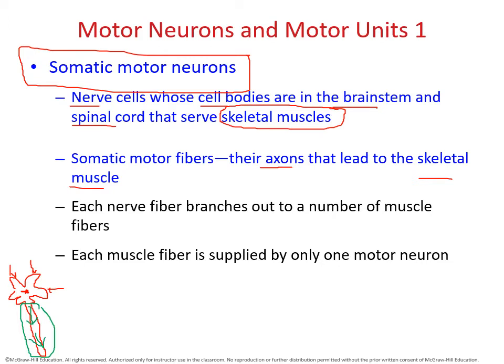comes into contact with. And when you see that you have a neuron cell that's solely dedicated to the communication to your skeletal muscle, you can then go ahead and tell me that that is a somatic neuron. Somatic is going to retain the fact that it is referring to the skeletal muscles that it's serving.